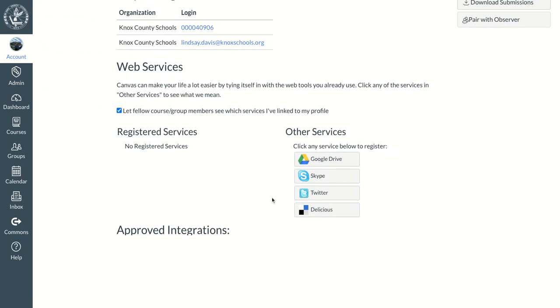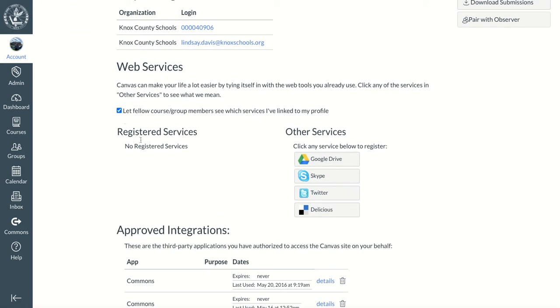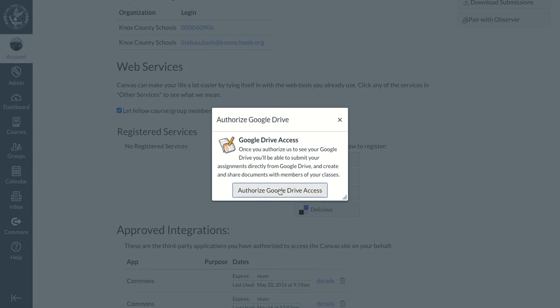and you're going to scroll down and under other service or registered services it should say Google if you've been doing it. Now I disconnected mine to show you how to do it if you haven't. So if under registered services you have Google and it's logged in using your school email address, then you are done with this step. For those who are not, you're going to click on Google Drive and you're going to